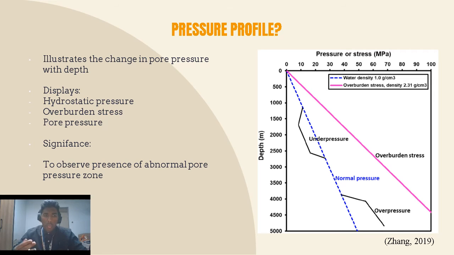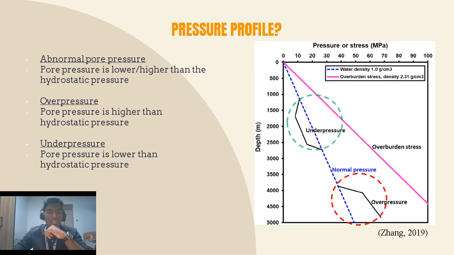So what is the significance of looking at the pressure profile? Basically, it is to observe any presence of abnormal pore pressures within the vertical depth. So what do we mean by abnormal pressure or zones of abnormal pressure? Abnormal pressure means that the pore pressure measured or calculated is either higher or lower than the hydrostatic pressure,